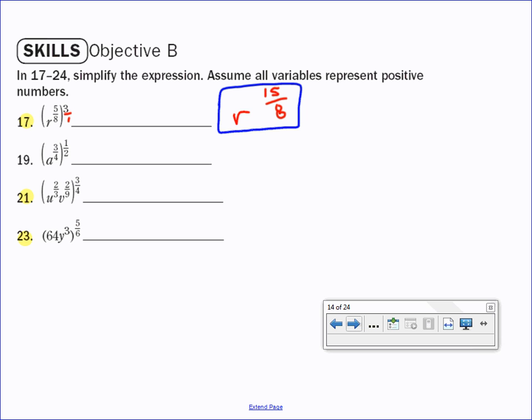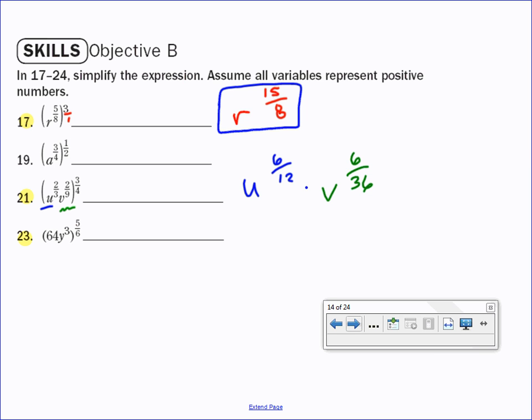It's that easy. If I take a product and raise it to an exponent, which power gets raised to the 3/4? The u power or the v power? They both do because they were a product inside of parentheses. So I'll take u to the 2/3 raised to the 3/4 and get u to the 2/3 times 3/4. That would be u to the 6/12. Now I'll do my v power. We multiply exponents when I raise to a power, so I get v to the 2/9 times 3/4 is